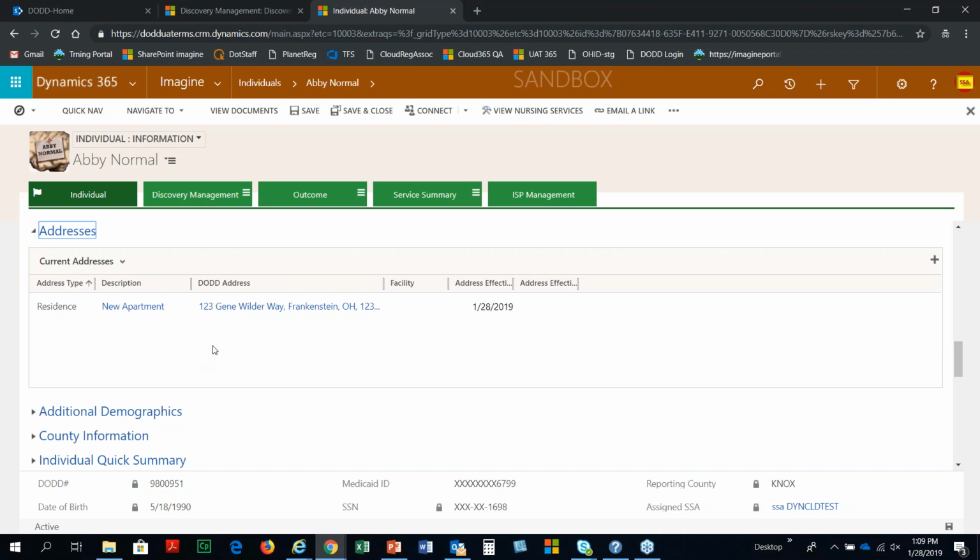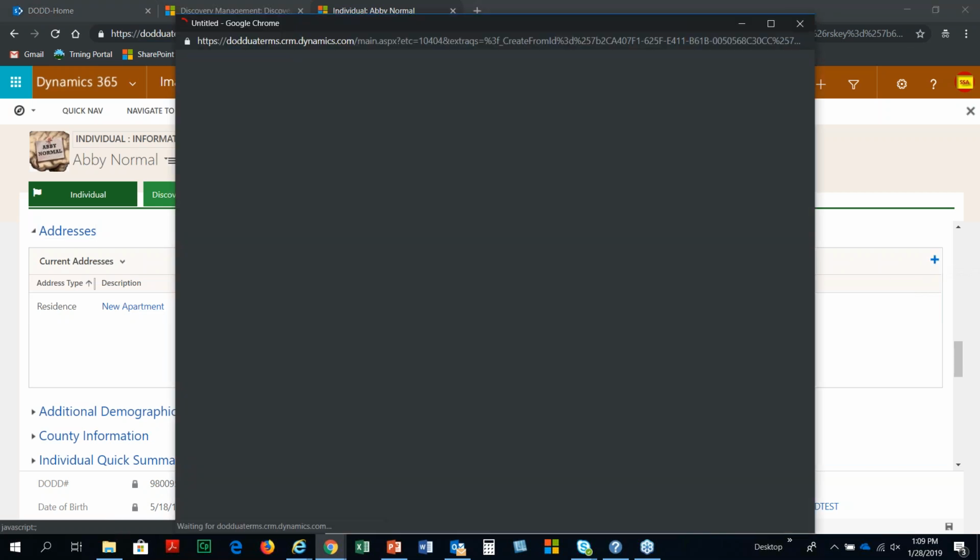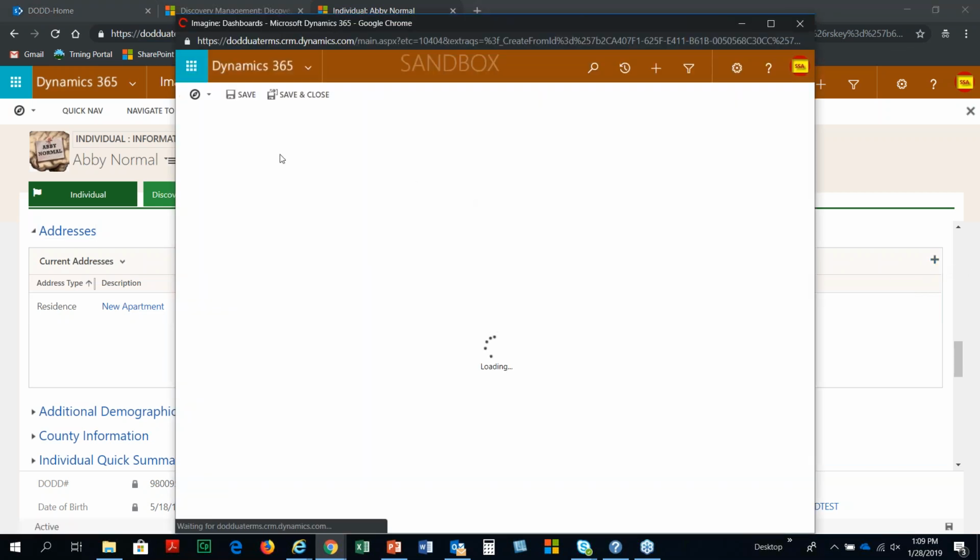See, there's no more scrolling all up and down the screen. So our residence right here, which is your residence address, which is the one that is required, this information will now be synced with IDS, the new IDS, not the old legacy system, but the new IDS. All the information is flowing between the two. When you put in a new residence address, you're going to receive a confirmation screen. Just to show you what this looks like,